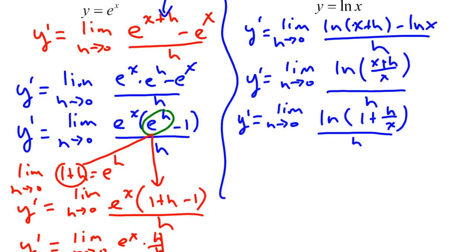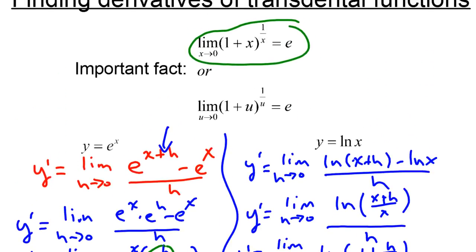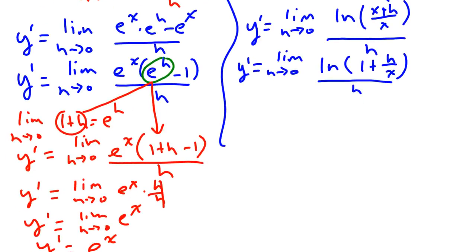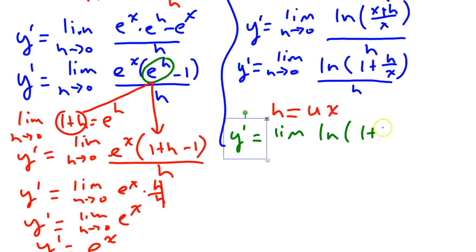Okay, now at this point, I'm going to have to try and get this 1 plus h over x. Golly, that seems like something similar to this definition of e in terms of the limit, right? So here's what I'm going to do. I'm going to do a little bit of substitution. I'm going to let h equal u times x, all right? Well, by doing so, I can create a new expression for the derivative as the limit of the natural log of 1 plus, well, let's see, if I replace h with u times x, wouldn't it become ux over x all over